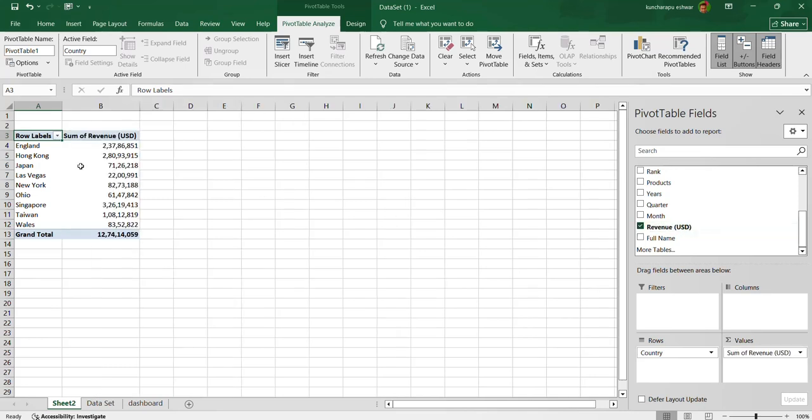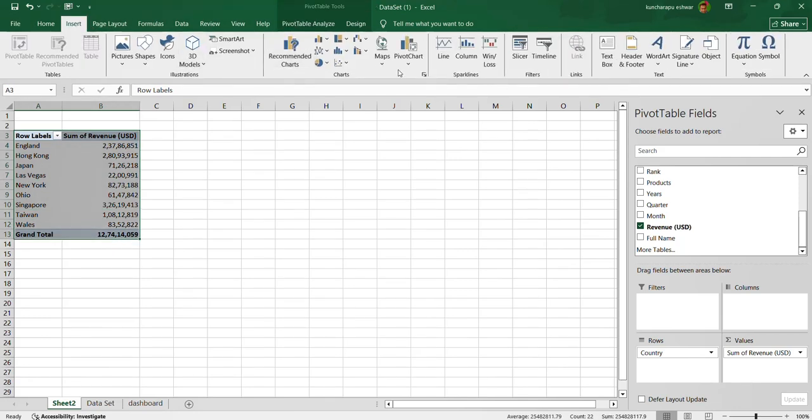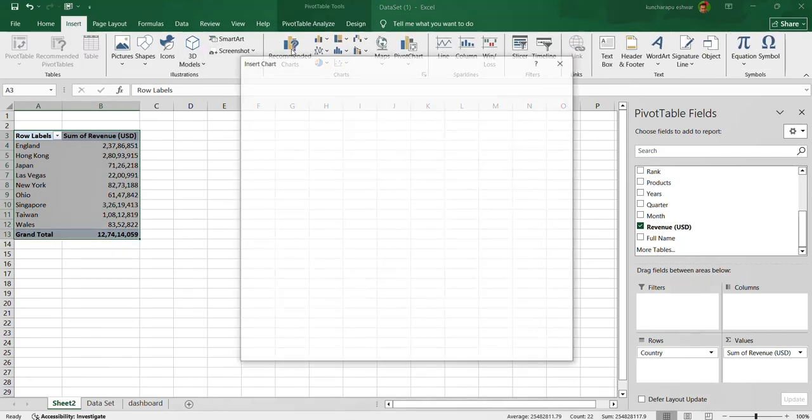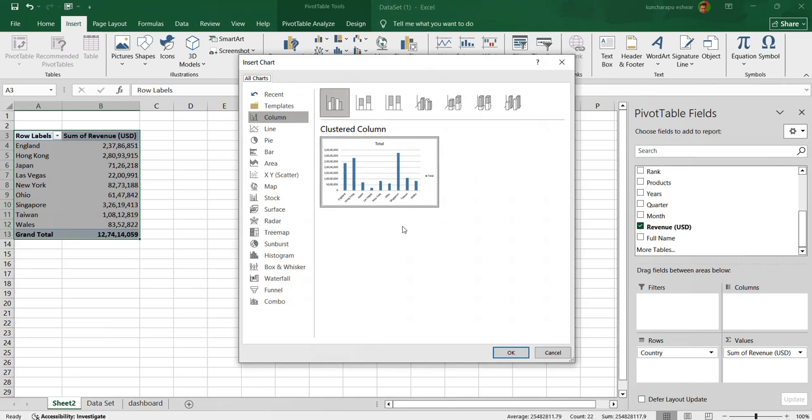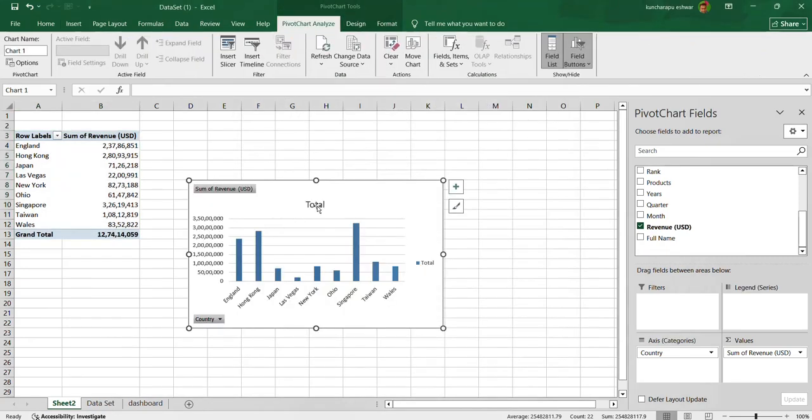Now you can select everything and go to Insert. As you can see, a lot of charts are available from here. Select from here. Now I can give the title: total revenue by